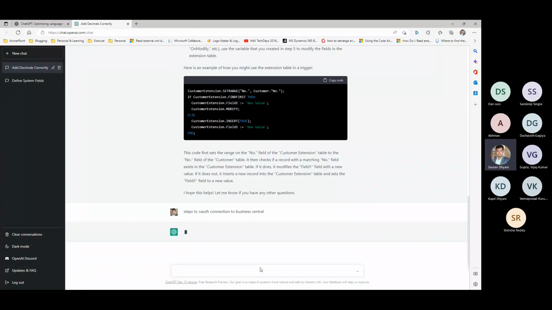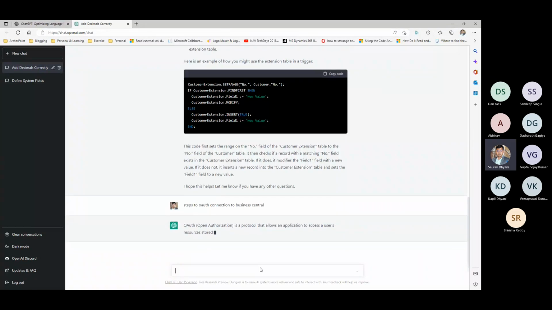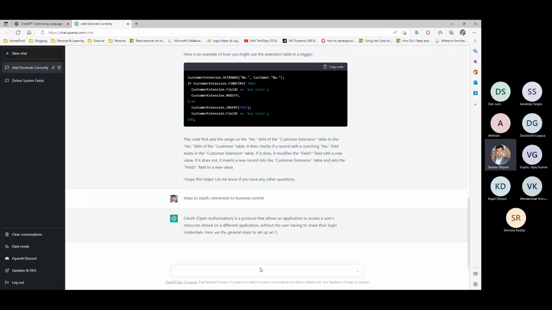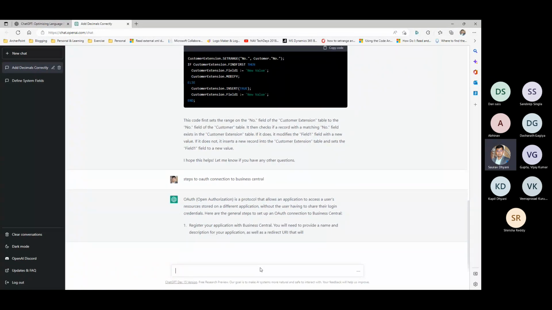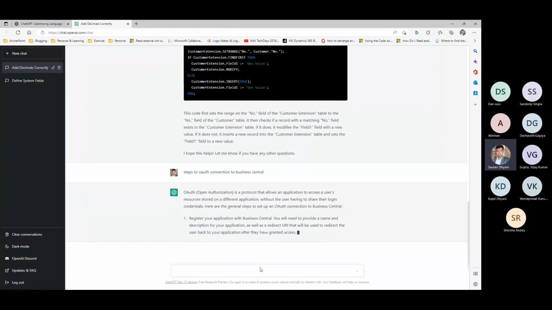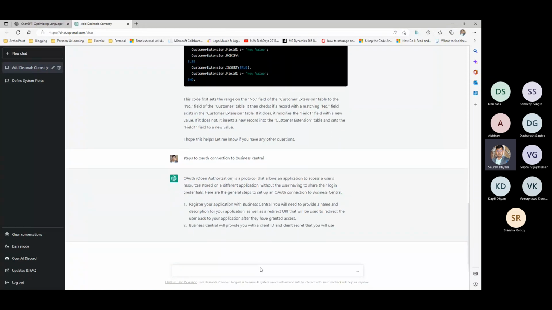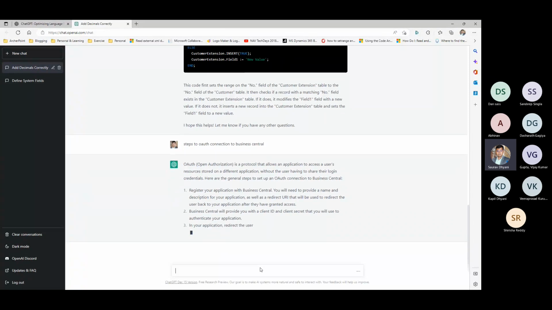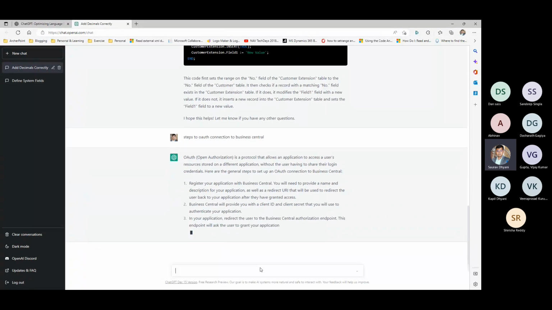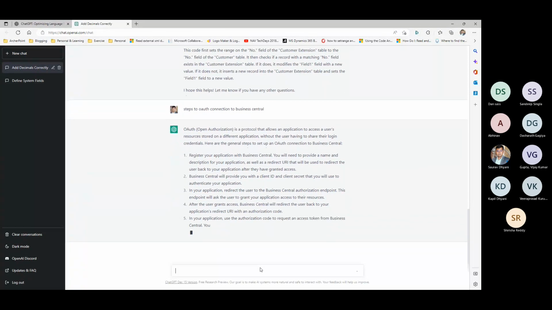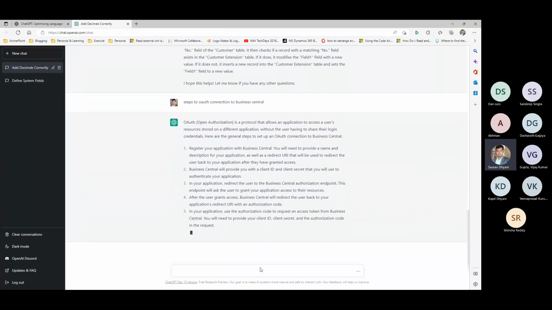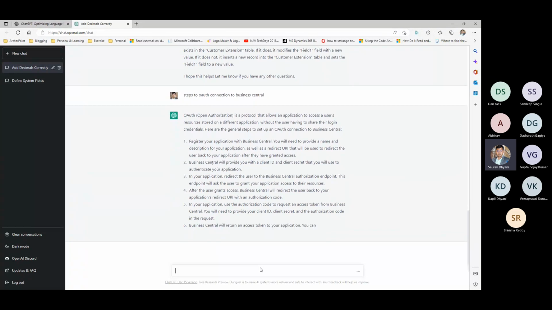It tells me, okay, you need to do this, then you need to do this, then you need to register it here, and it gives me all the basic steps that I have to follow, like register your application on Business Central. You need to provide it a name, a description, a URI to redirect. Then you need to give it a client ID. You get a secret. Then you have to make sure that you have the endpoint enabled, and then it'll tell you about the access that the user grants, the user authorization code. So it gives you all the steps,